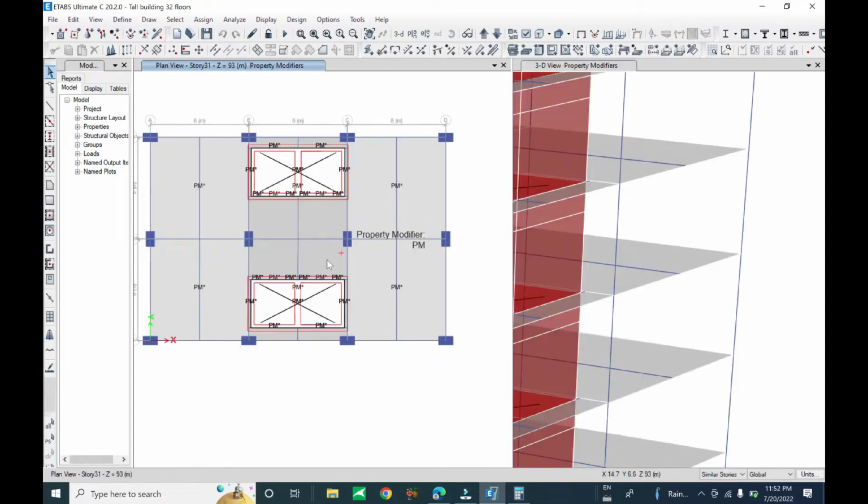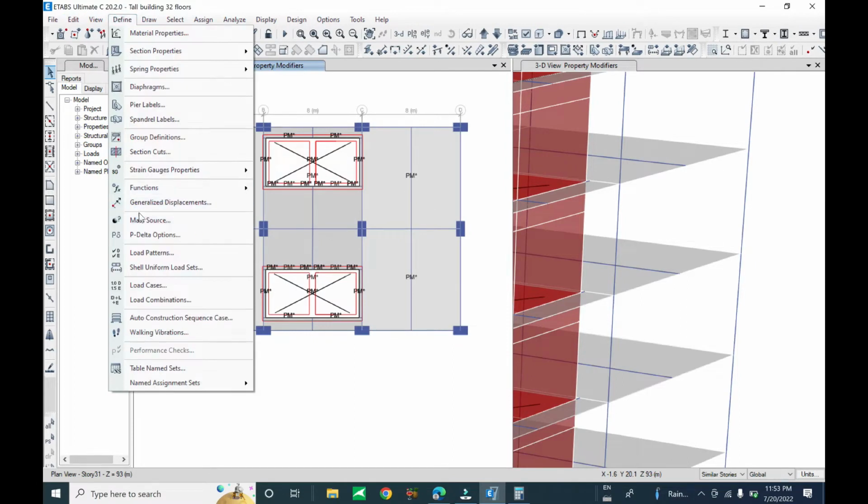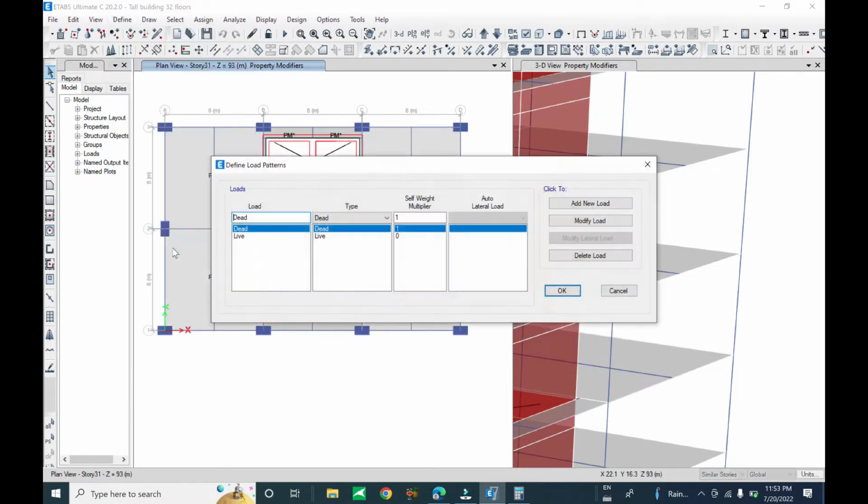Model for the staircase. Now let's continue to define load case 3, define the pattern. In the default of ETABS there are two load patterns, dead load and live load. Now we have to add a new load. We can create super dead load for the concrete tile, concrete mortar, and other load. Now we want to use the same concrete tile and concrete mortar as the load, so we had to add